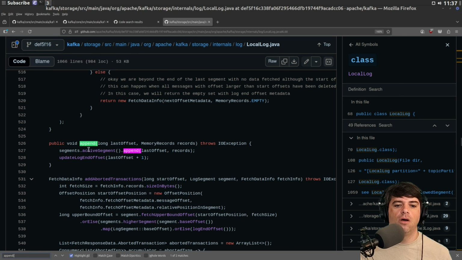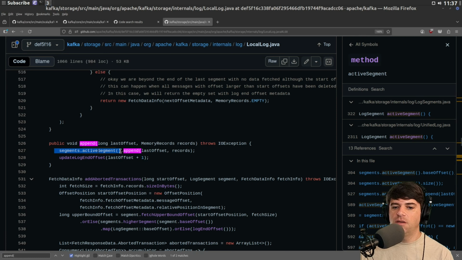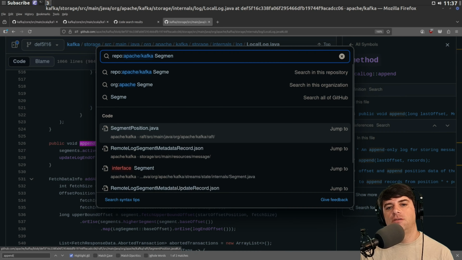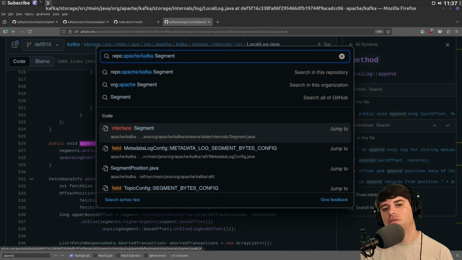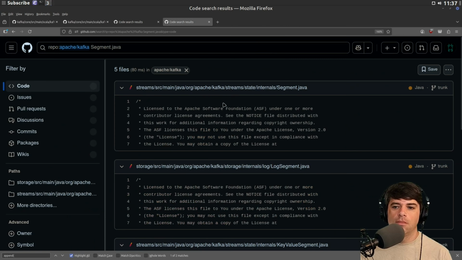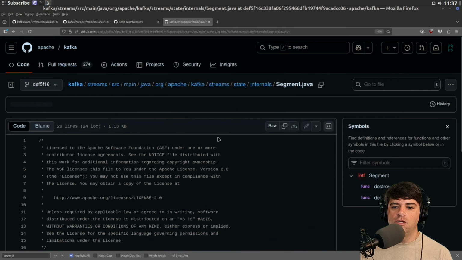Okay, so public append log calls update log and offset segments, but active segments. So ultimately we're again delegating once more to the segments, and we're getting the active segment and then calling append on the segments. Let's see if we can find a segment Java file.